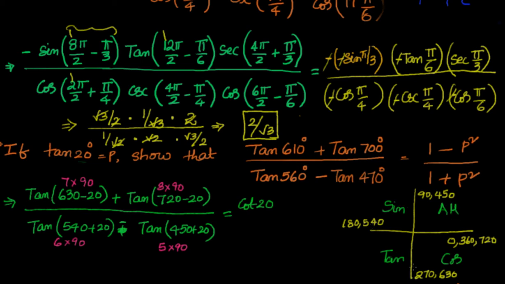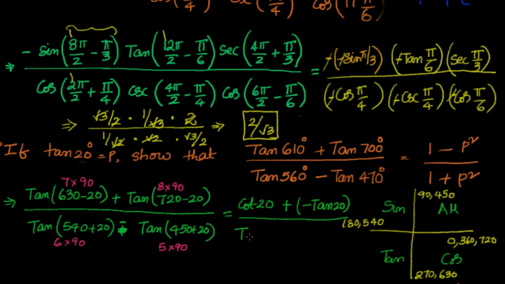So 540, 630 minus 20 is 610. It is in the third quadrant. In the third quadrant, tan is positive. So this will remain as cot 20 plus, if you look at the next one, 720 minus 20, that is in fourth quadrant, and there tan is negative. So this becomes minus tan 20, cot 20 plus of minus tan 20 divided by, again here sin is positive,